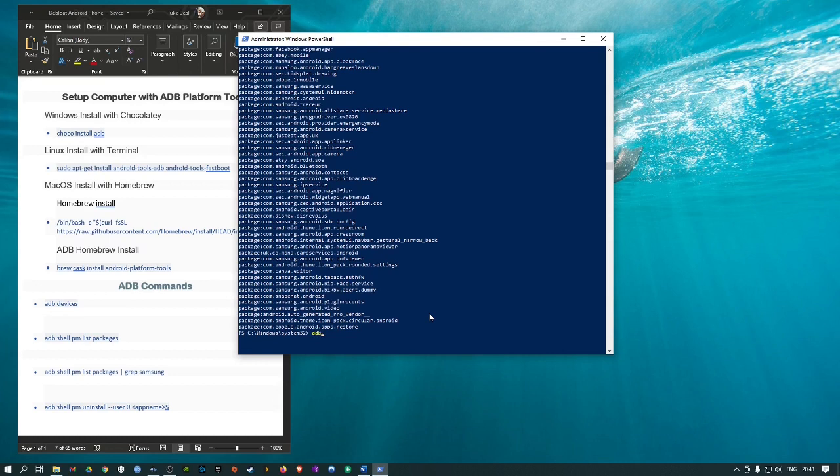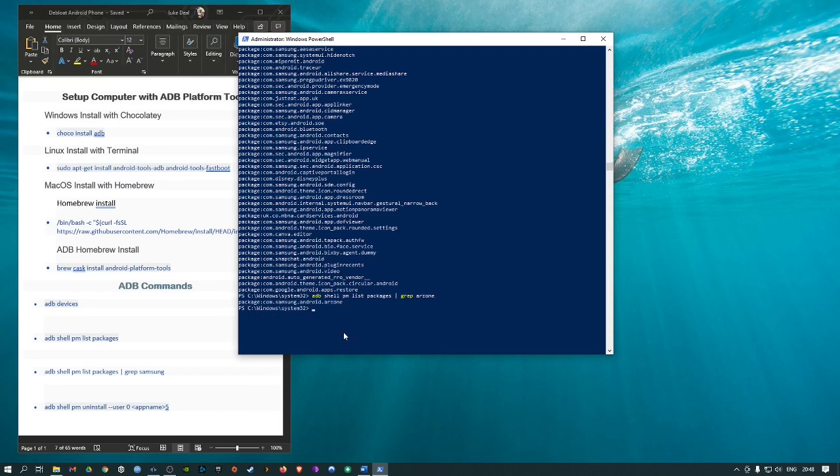So if we do ADB shell PM list packages and then pipe grep, and let's look for AR Zone. This here is only showing us one package,